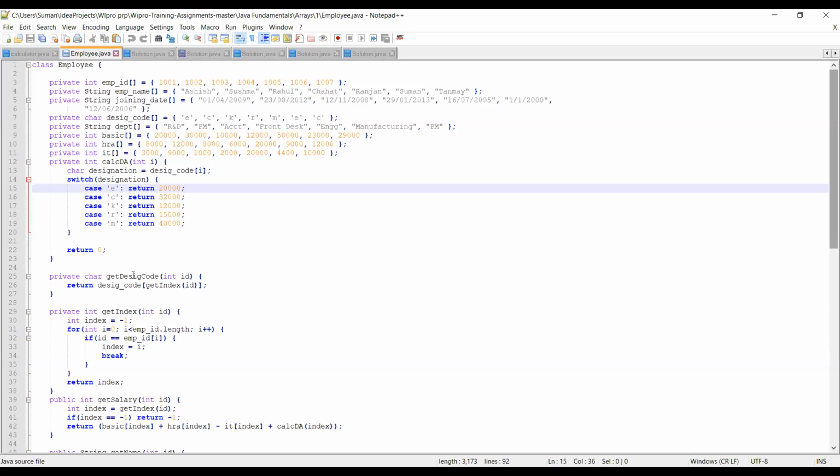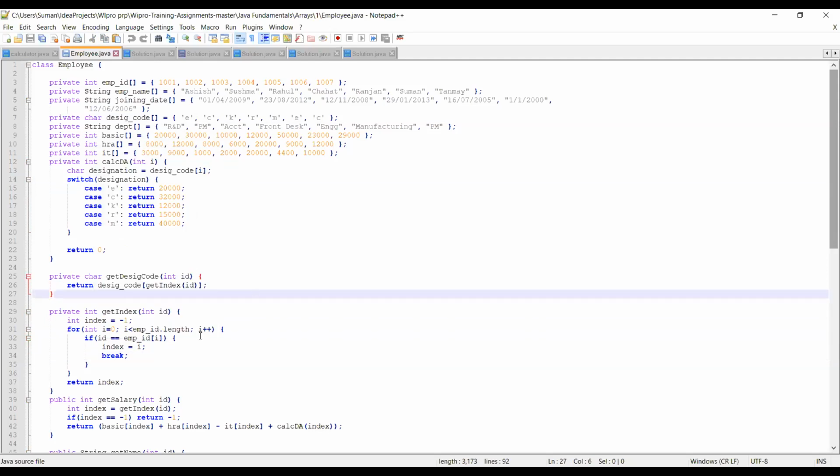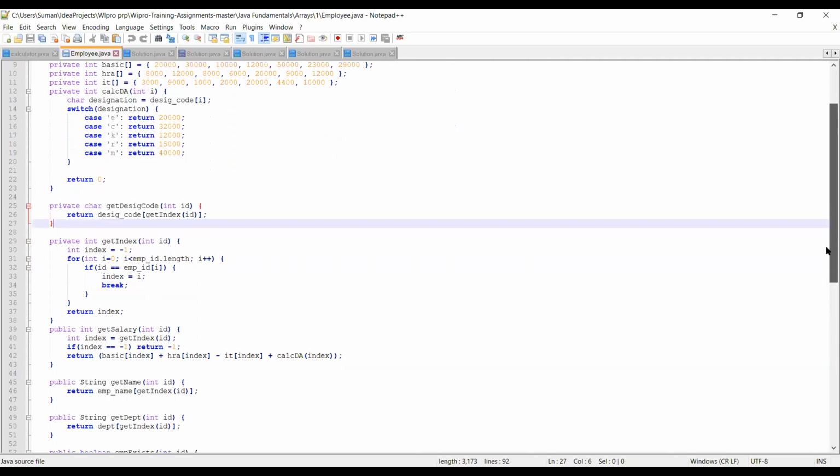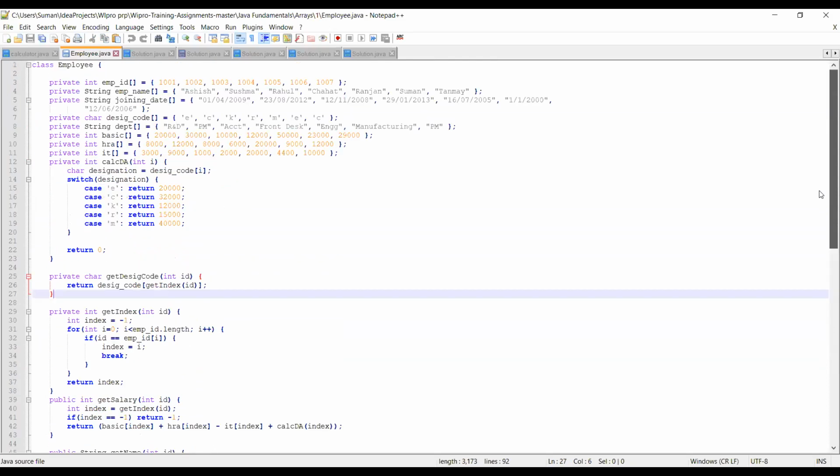Next, I need to find out the index value. To find each employee's index value, I use getIndexOf in ID. Here I am using this to find out the index of each employee. Then to find out the salary of each employee, what is the statement?